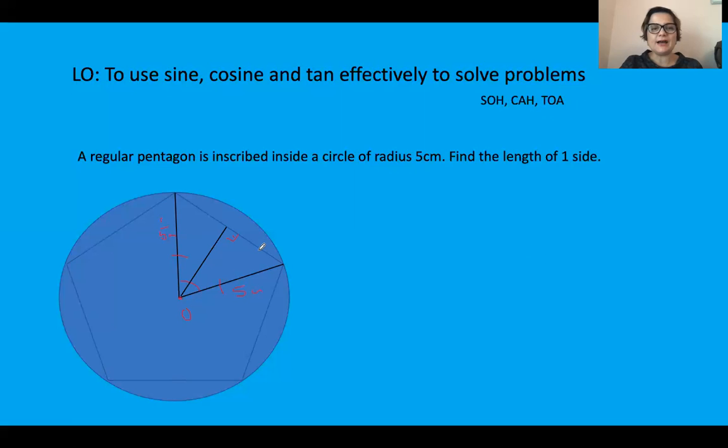So what do we have in here? Then we continue with SOH CAH TOA. We need to find out which of them we are going to use. We have the hypotenuse, so the tangent one we're not going to use, because we need to have a side that is known. So it is between the sine rule and the cosine rule. So sine